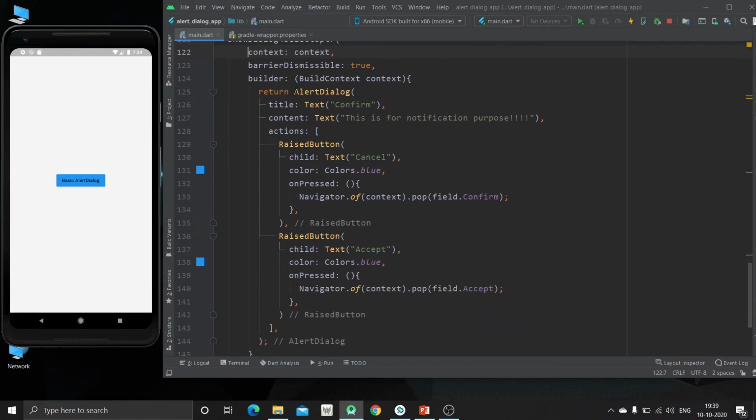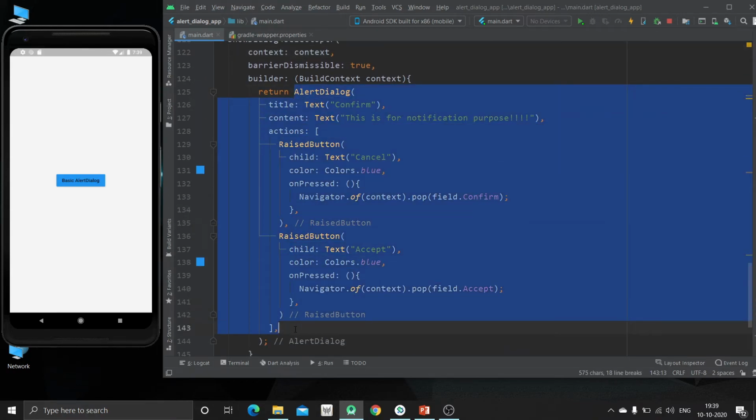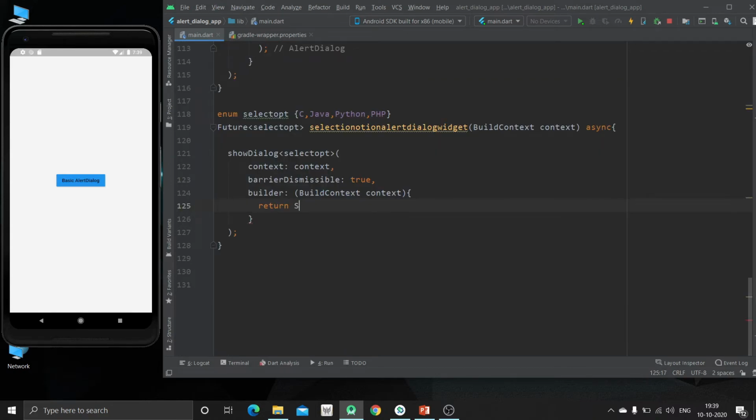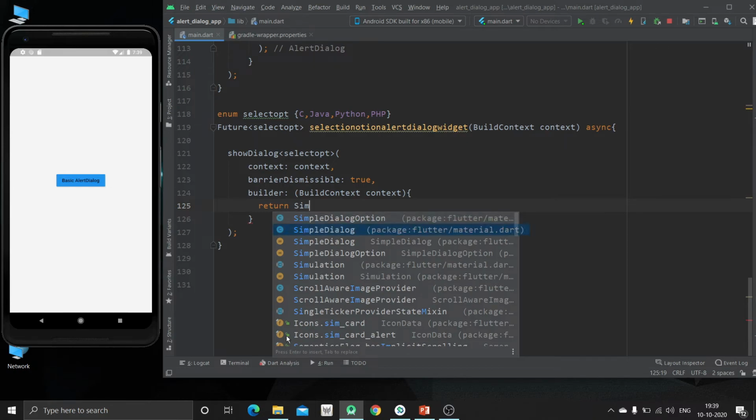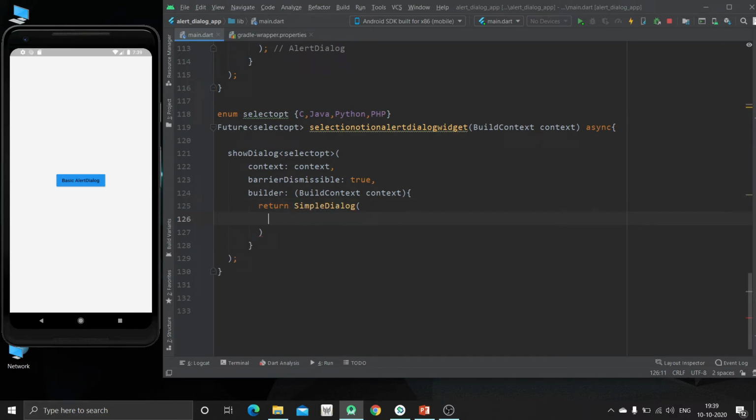Now what we are going to do, instead of this alert dialog, we are going to use the simple dialog widget, because we want to give some list to the user, and the alert dialog widget is not providing any property for that purpose.